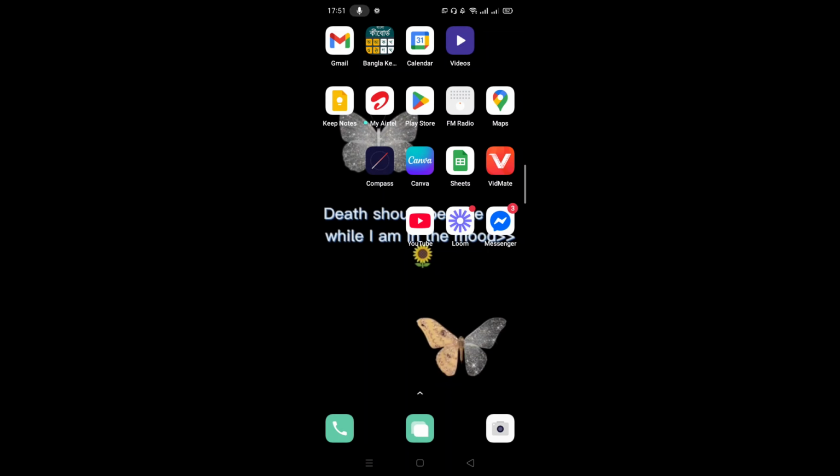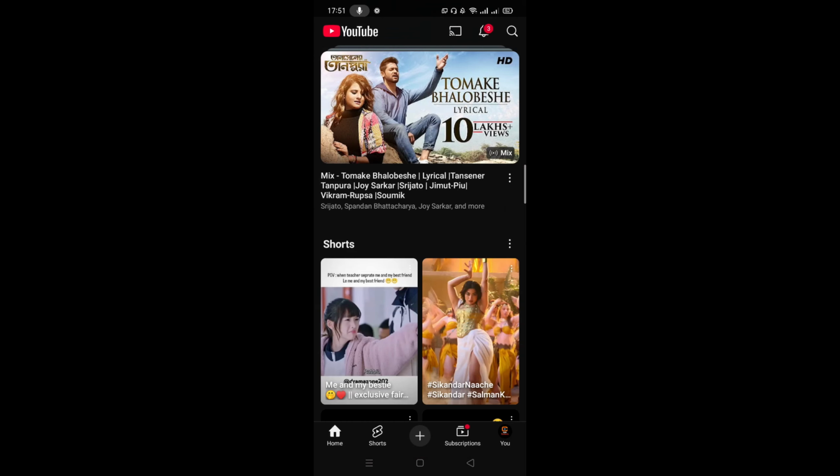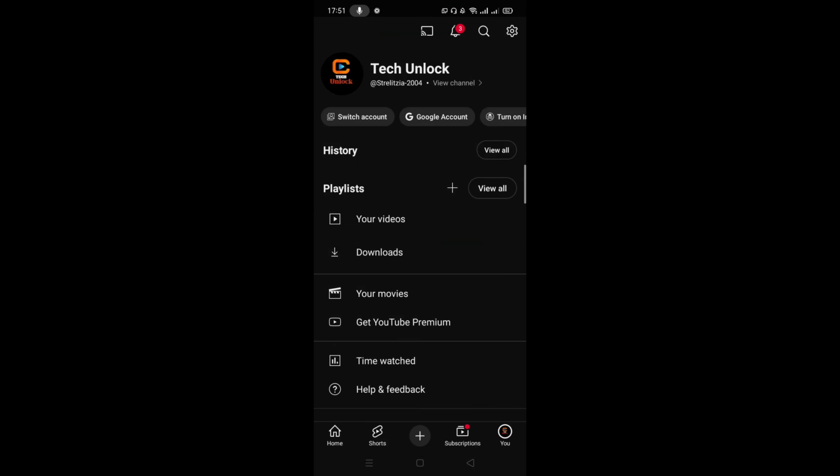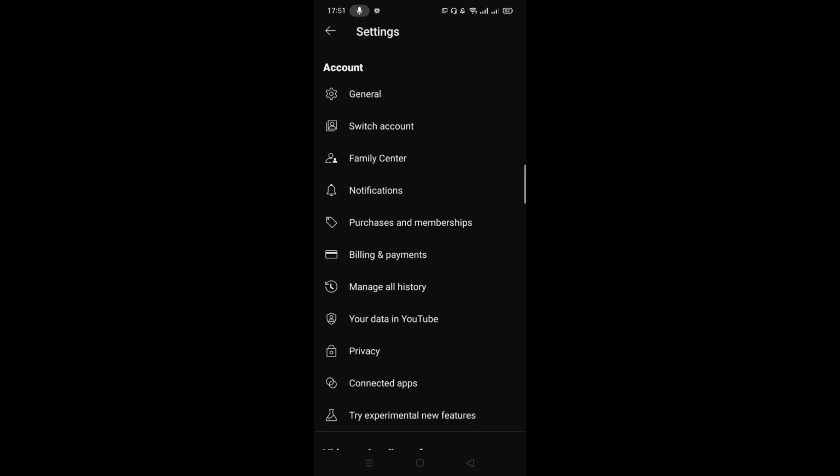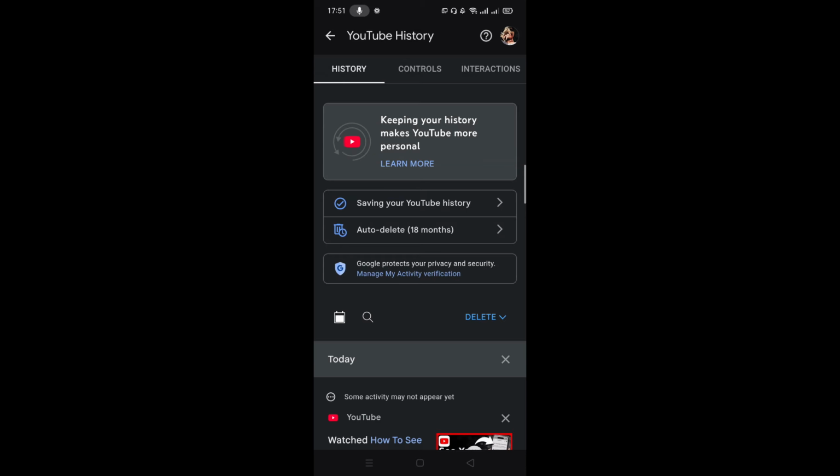So in today's video I'm going to show you how to check what comment you posted on YouTube. And it's pretty simple, so go to your YouTube and from here you just need to go to your view section and go to YouTube setting option and select the option manage all history. And from here choose the option interactions,